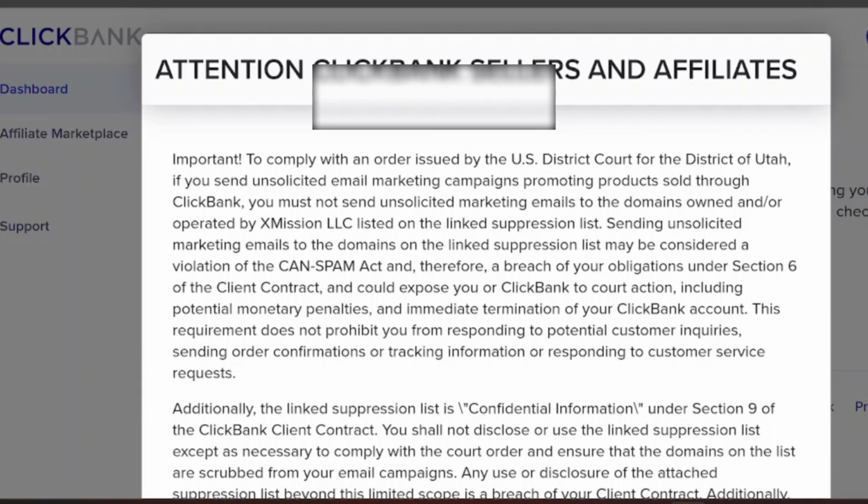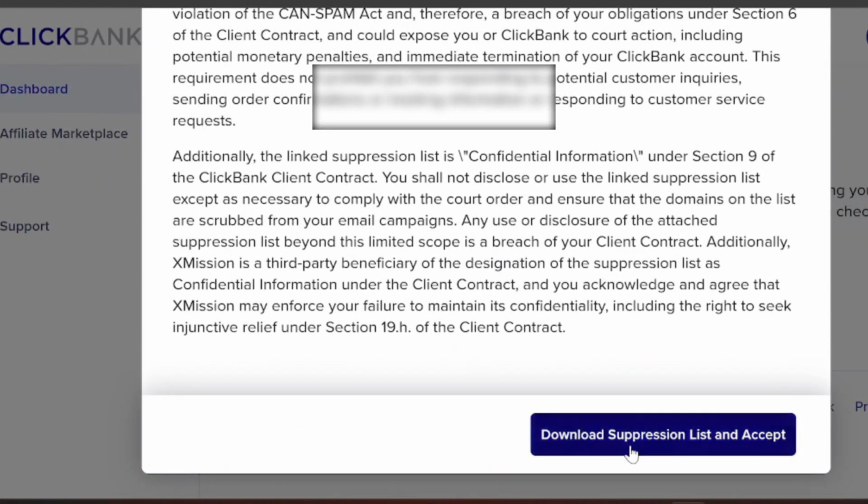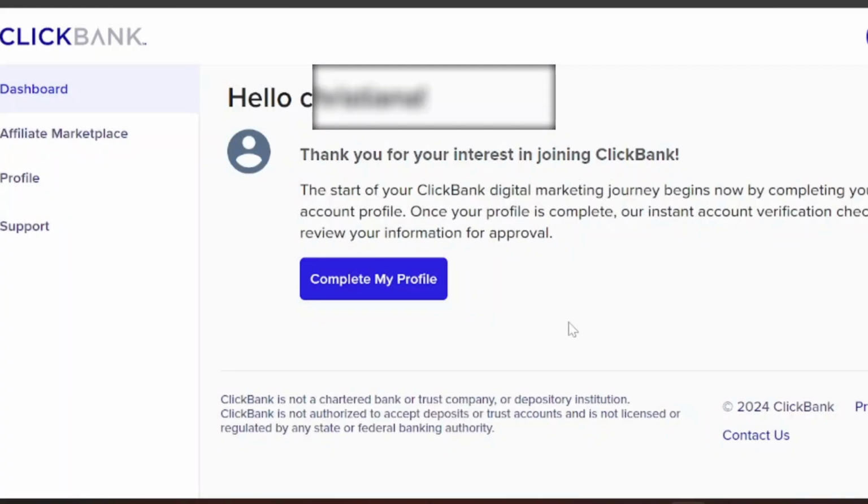All right, so this is where it gets very, very critical, because at this point we'll determine if you will be approved or not. Okay, so now the next thing we want to do is click on complete my profile. So once you click on complete your profile, you need to scroll down, and come over to